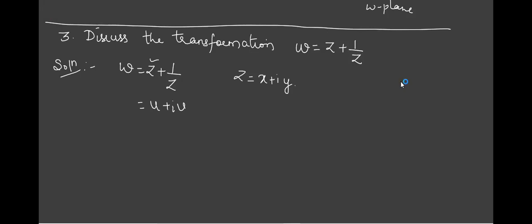So if Cartesian form is difficult, we have to take the help of what? Polar. We have polar form. What is a polar form? Z equal to R into E raised to I theta. Instead of this, we'll take it as R into E raised to I theta. Okay. So that getting U plus IV will be easy.